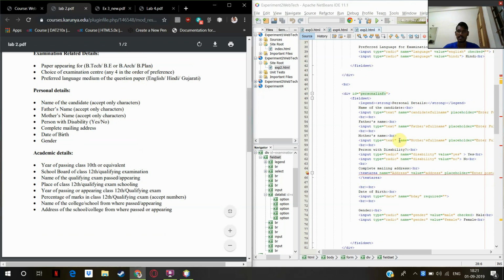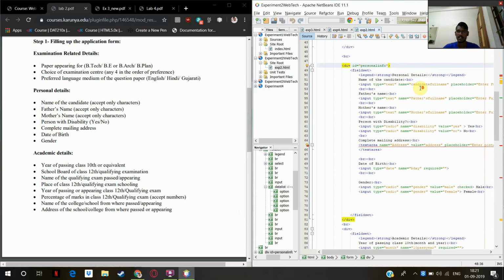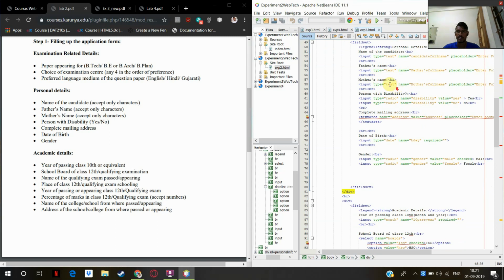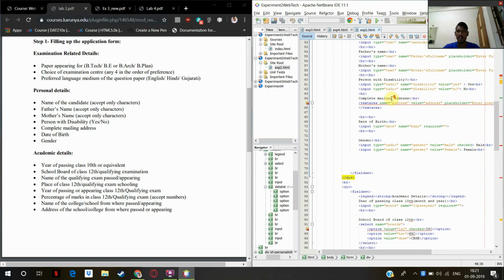subpart. Then personal details, where the name, father's name, mother's name, personal disability, complete mailing address, date of birth and gender will be provided. So here are personal details, similarly a fieldset tag and a legend tag, and the name of the candidate using input type text, father's name again input type text, similarly mother's name, personal disability I'll be using radio buttons, and complete mailing address will be provided